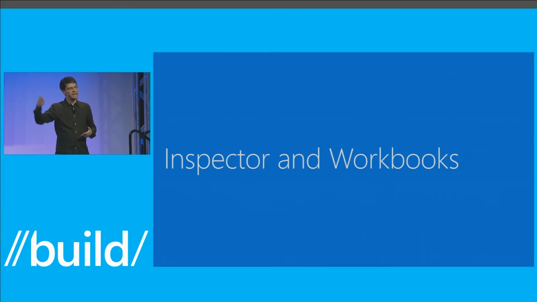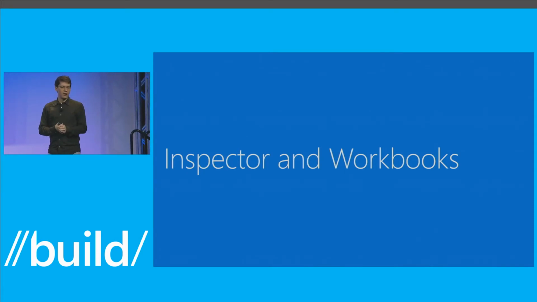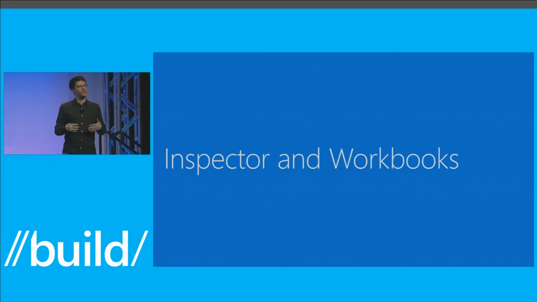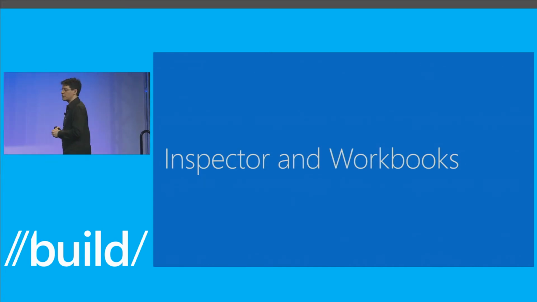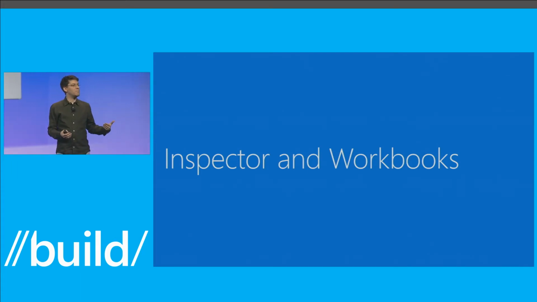And then you happen to have a C# shell. So in addition to the inspecting capabilities, you have a live C# shell that can execute your C# code against the running process. So you have a running application, and you can type in C# commands, and they will run in that context. Workbooks are basically the same thing. The difference is one is designed to inspect your live app, and the other one is designed for you to learn. And workbooks are the document that I showed today in the keynote, where you have a markdown file with documentation and explanation, and it has C# code embedded in the middle.